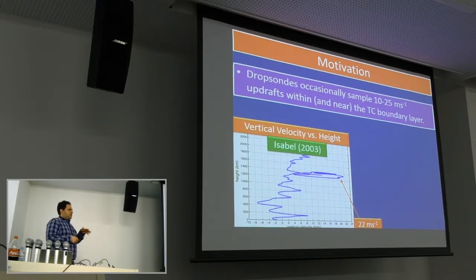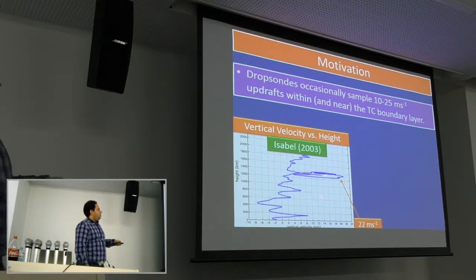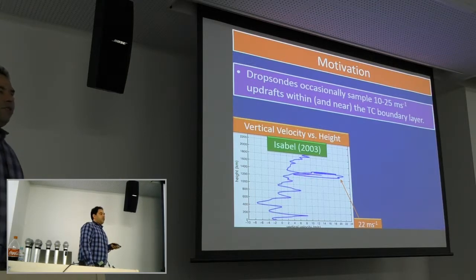And I'm not going to get into it in this presentation, but these updrafts are not buoyant. You can't explain them with buoyancy because the thermal perturbation associated with the updraft would be 10 to 20 Kelvin, which is much larger than is possible and is observed. So these